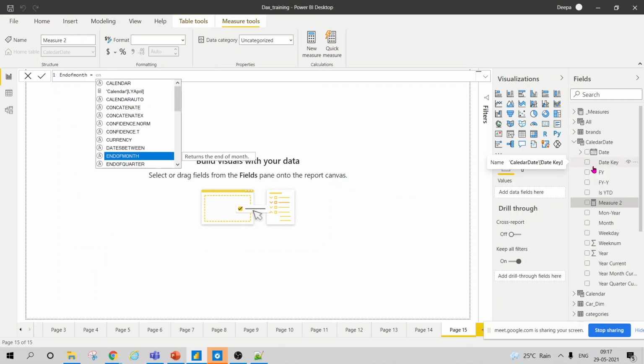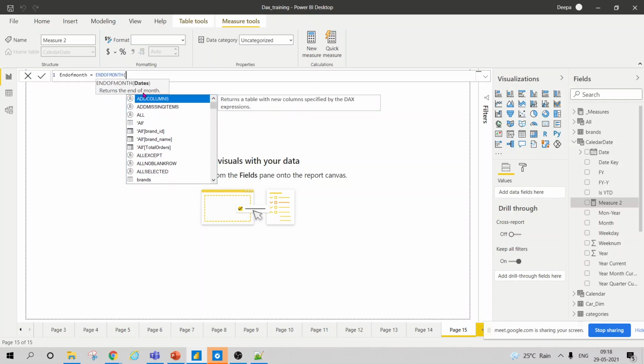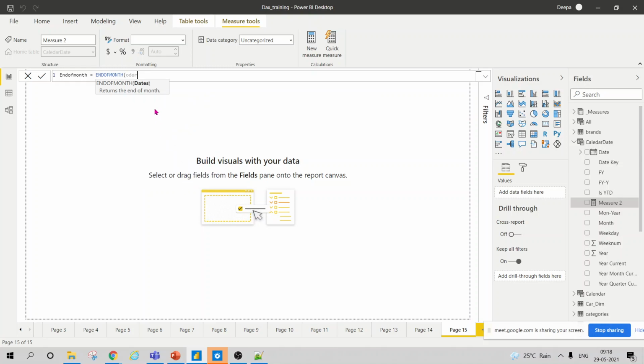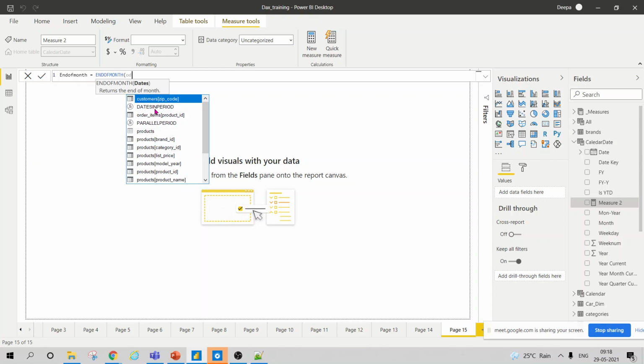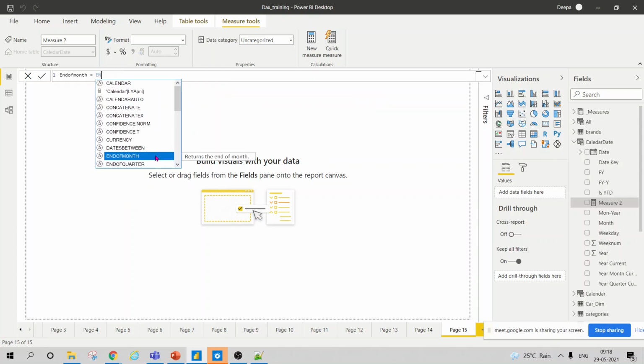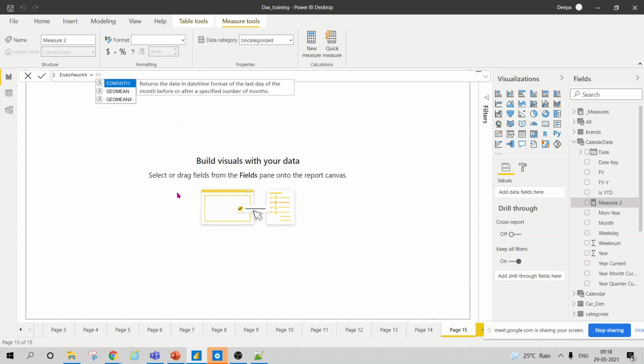So the end of month function returns what is the end of month. There are multiple functions which Power BI provides. It returns the end of month of your order date or any date you want to take. So it will always take some dates. You can specify it from here. There is one EOMONTH function as well. I'm not sure why Power BI has given so many functions.